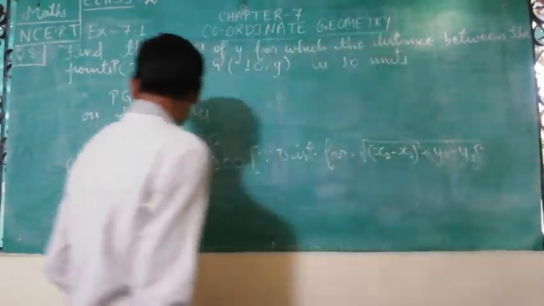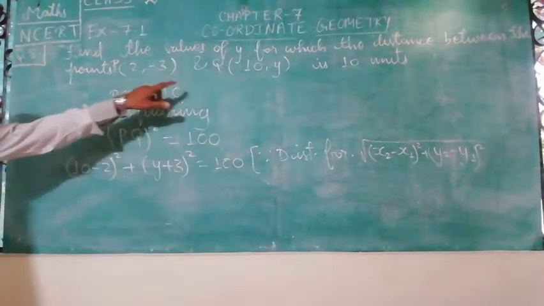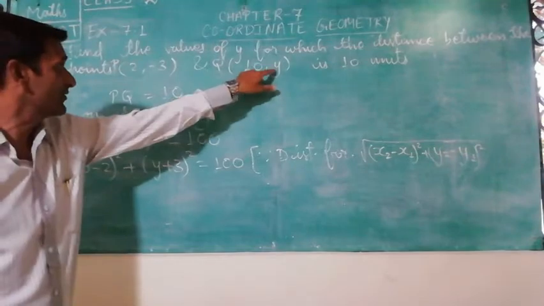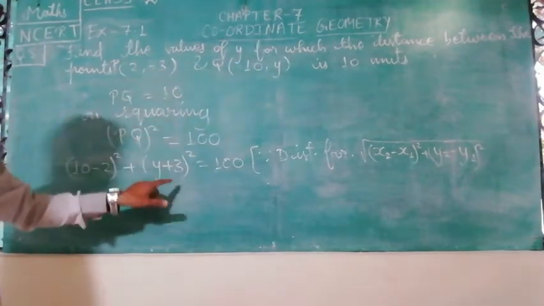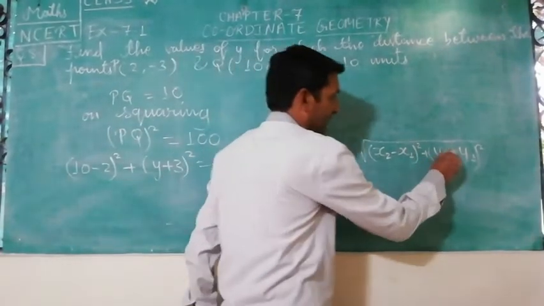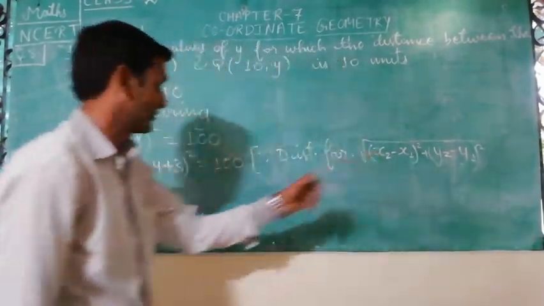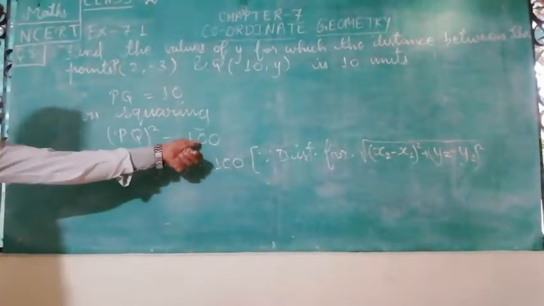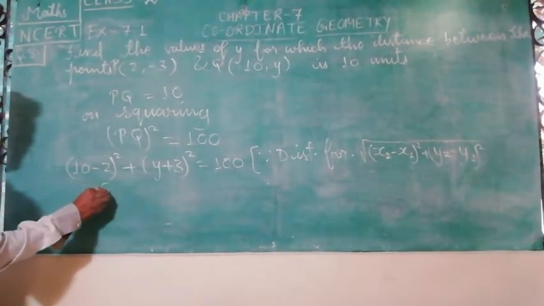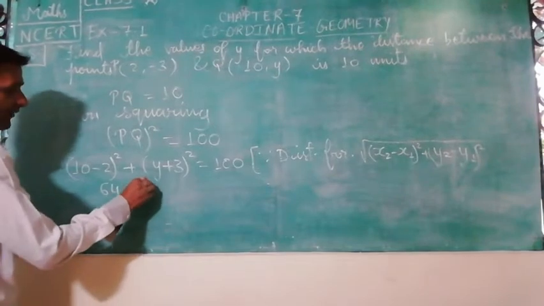Now you can see x2 minus x1, means (10 minus 2) whole square plus (y plus 3) whole square. Minus minus plus. In the formula there is y2 minus y1, whole square, means (y plus 3) whole square. And here it is 10 square, that is 100. Now 10 minus 2 means 8 square is 64 plus (y plus 3) whole square